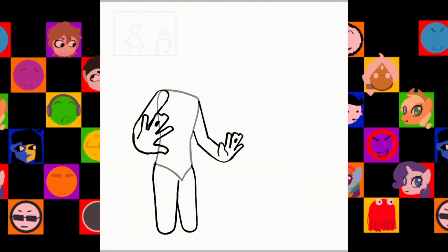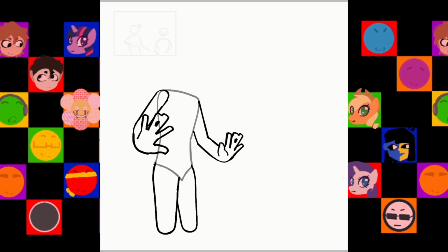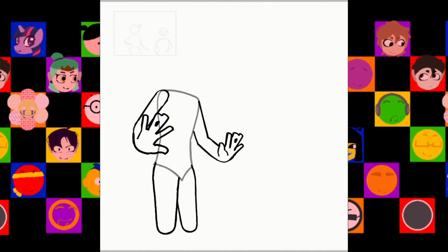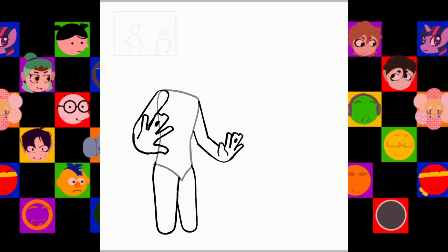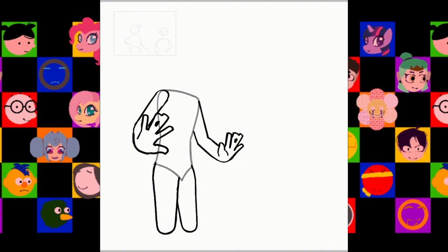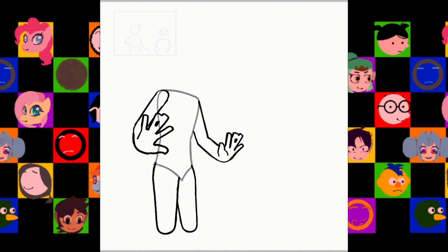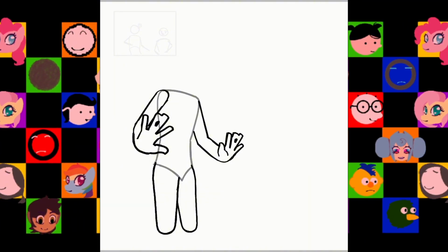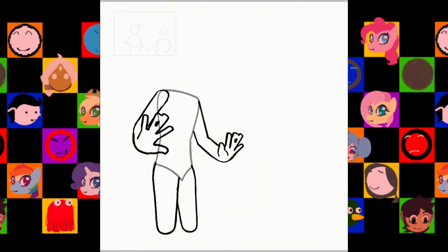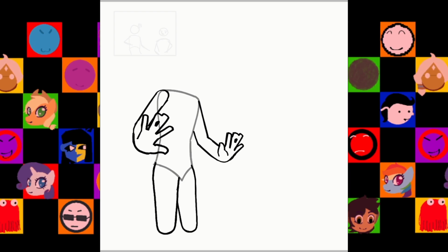I also really loved how the colors turned out on this picture, and I just love Ava's color palette. It looks really nice, and the perspective on this picture looks okay-ish. It's not really the best, because turning the head in perspective and then turning the eyes also in perspective is really hard for some reason. It seems simple, but when you try to do it, it gets really complicated and confusing. But for this picture, I feel like it ended up better than it usually does when I try some weird perspective. I really like how Ava's pose turned out,